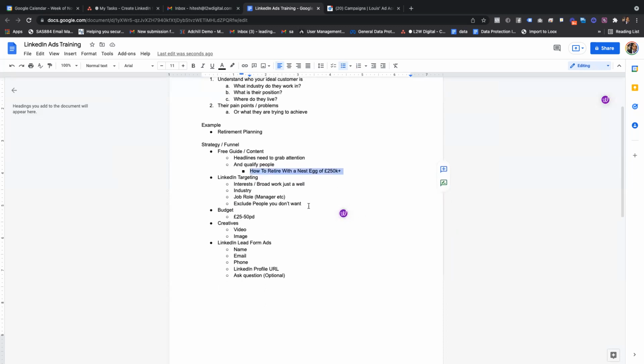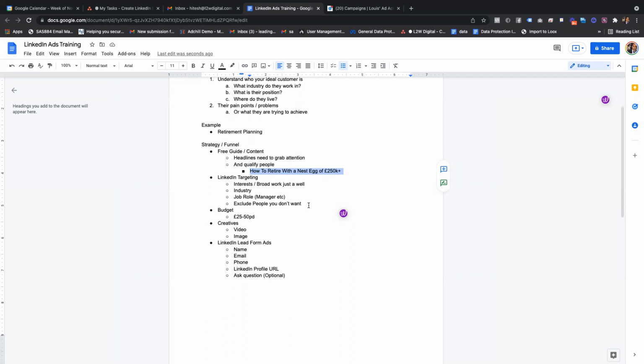With targeting, there are two types that could work really well from an interest point of view. One is where we are targeting interests, so retirement interests actually work well, and broad works as well too. If we're just going after age and location, that works pretty good, similar to Facebook, to be fair. And then we can drill down to industry, so if it is banking, or even job roles, so manager, senior manager, director. Again, by really understanding your customer, you can get really laser targeted